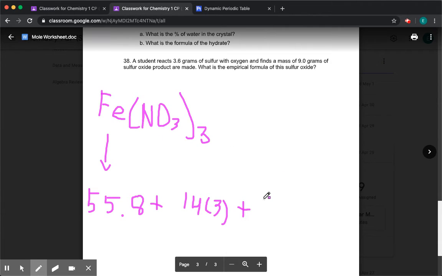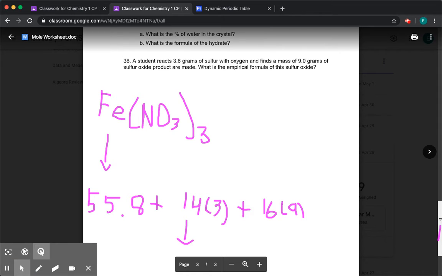Plus oxygen gives 16, and we have 9 of them. Where does the 9 come from? Again, we have 3 NO3s, and each NO3 brings 3 oxygens. So it's 9 oxygens total. So this is our total for the entire thing. It's 55.8 plus 14 times 3 plus 16 times 9. This I cannot do in my head. The total comes out to be